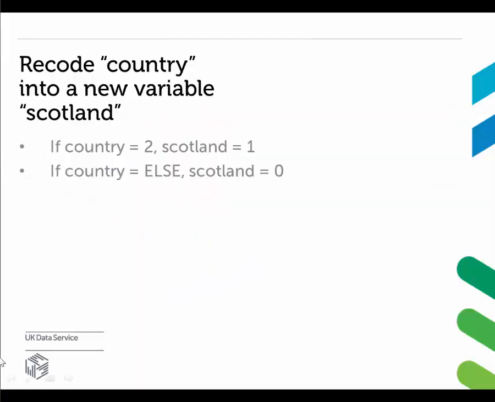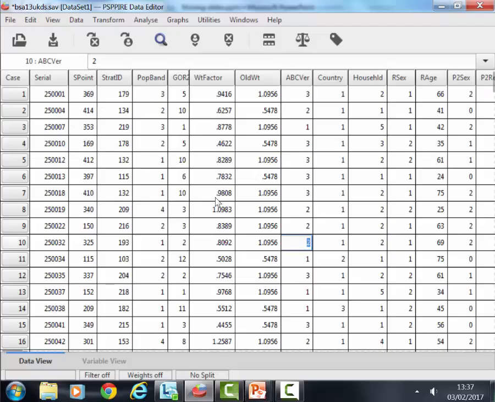We recode country into a new variable that we'll call Scotland. We want to select those cases that are in Scotland, that is where country equals 2. So in our new variable, if country equals 2, Scotland will equal 1. If country is any other value, then Scotland equals 0. Right, so now that we've got a variable that's equal to 1 where we want cases to be selected,